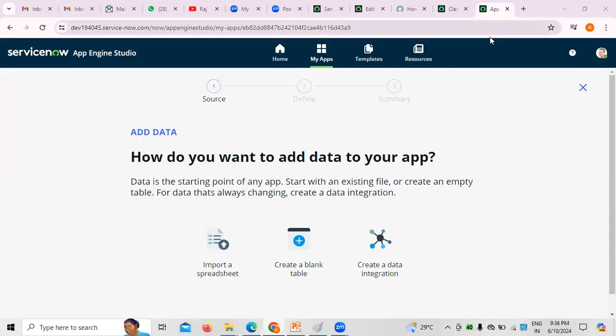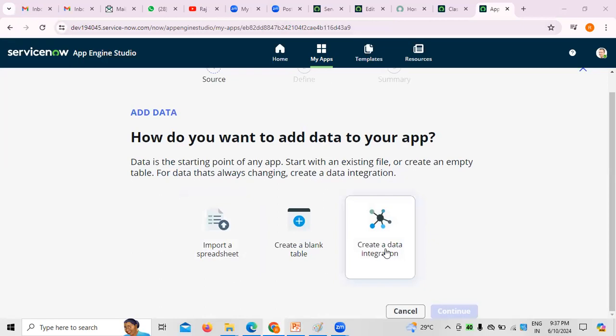Right. So, in the previous sessions, we discussed how to import spreadsheets and everything in ServiceNow. At the same time, we also discussed how to create a project. In today's session, I am going to discuss creating a table. Right. So today we are going to discuss the creation of data integration,